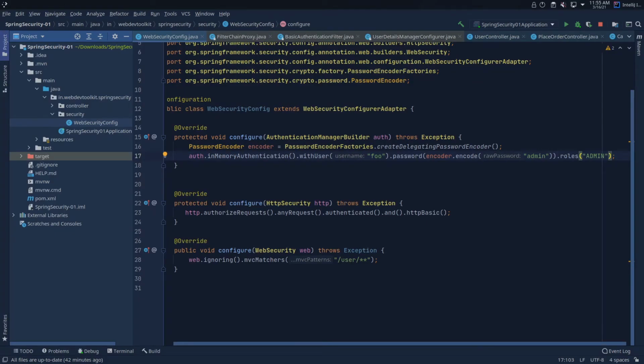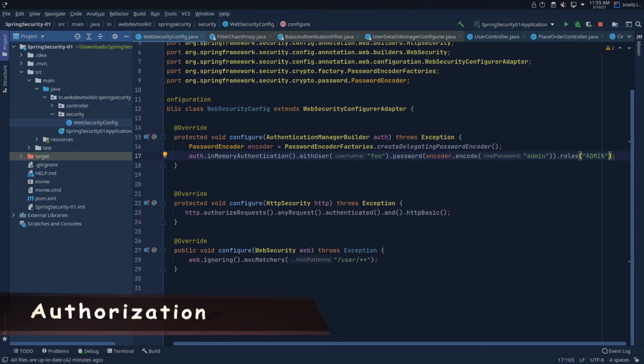So till now we have covered the authentication part, that is, how to configure a user, choose between form login or basic auth login, and how to bypass Spring Security. Now let's see how to perform access control or the authorization part.